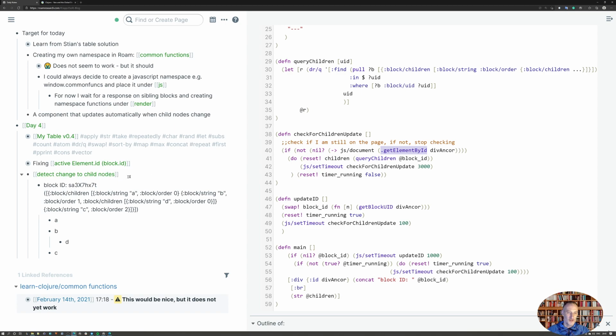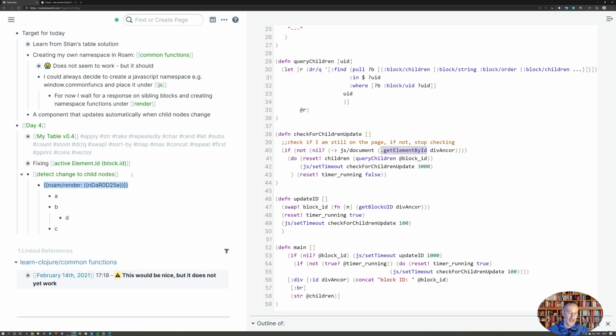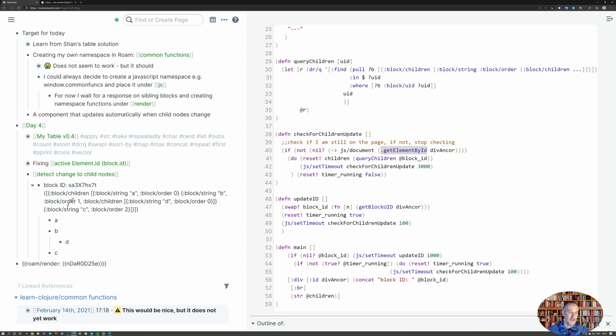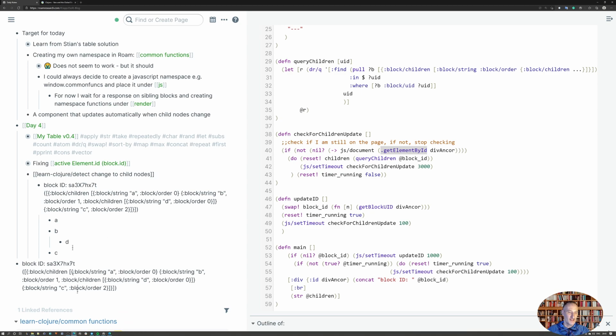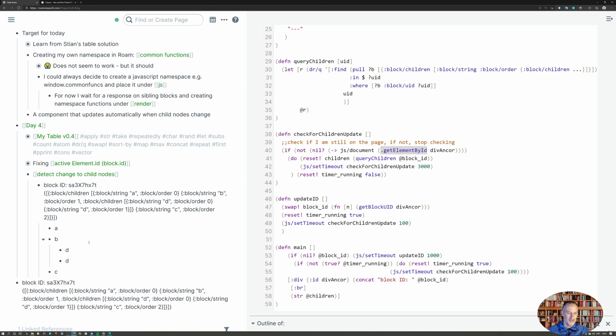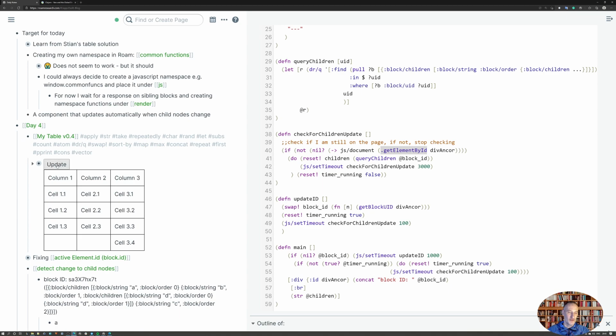But I also noticed one thing, and this is something I haven't yet managed to solve for myself. So I'm copying this block right here. This is the same block, and you will see that it is, because of the immutability of Clojure variables, this will work in tandem with the block above. And so this is a problem, because if I have a component that I want to reuse, then it will run into this problem. Now, I didn't have this problem when I had a button to update the component,